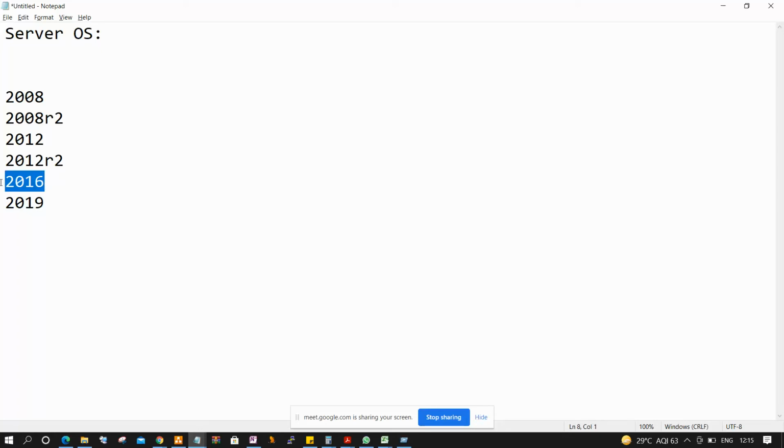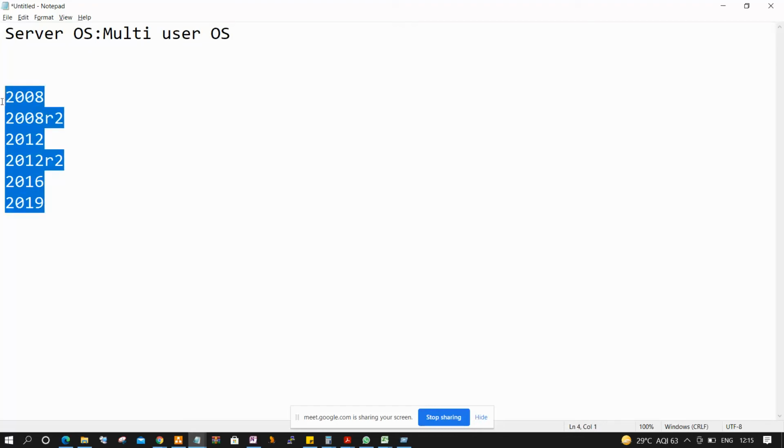Latest is 2019, but the supporting version 2016 we are using. This server operating system is basically a multi-user OS, meaning this operating system can connect more than one user at a time. This is called a multi-user operating system.